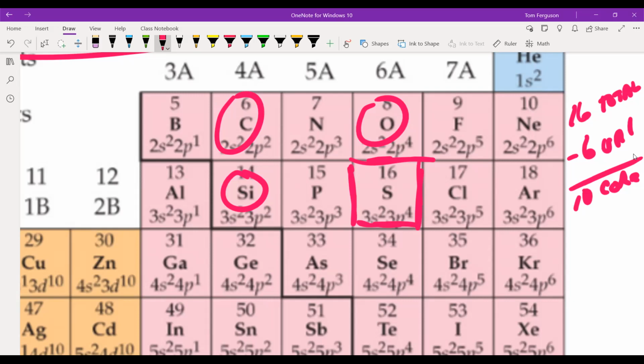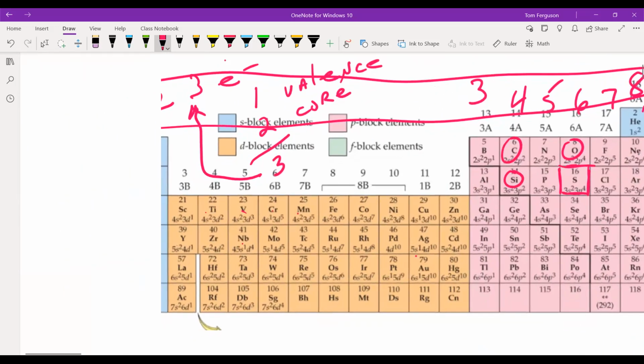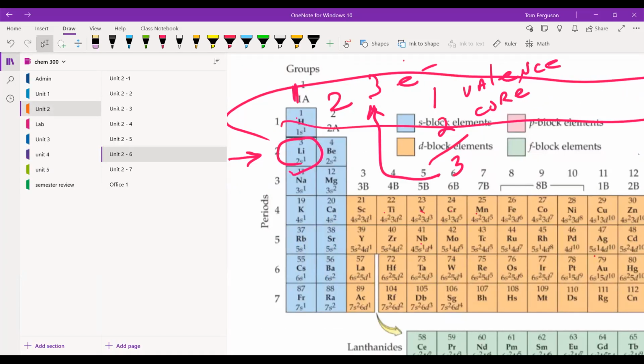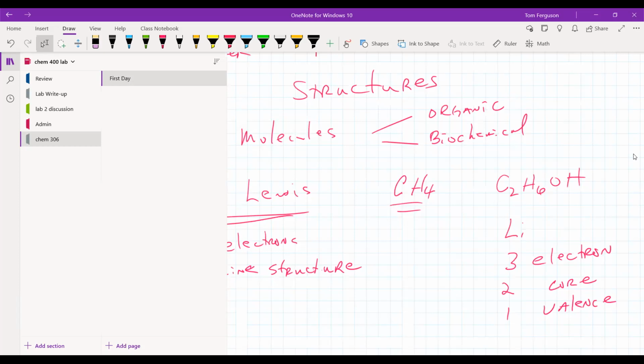Now back in 305, you talked about these S, P, D, and F configurations. Theoretically, you did anyway. The only ones we usually care about are the valence configurations because that determines structure, just like Dr. Lewis talked about. Okay. Are there any questions again about this core versus valence stuff? I'm going to break this down further for you, but this is how it's set up. Okay, so let's go back to